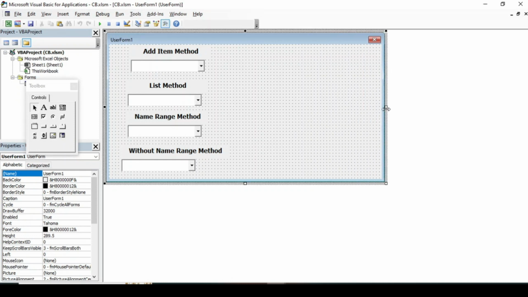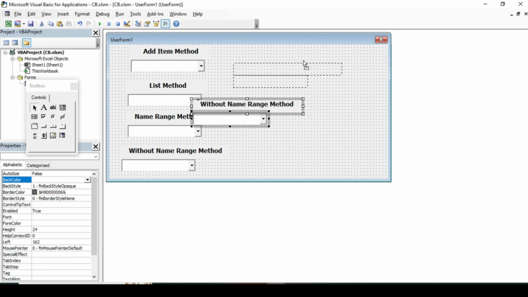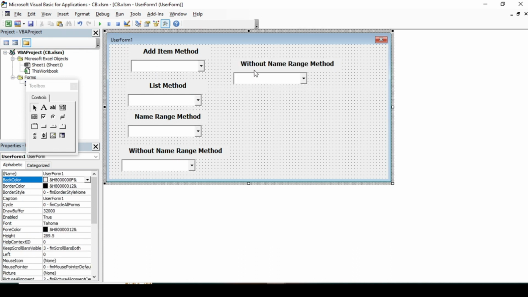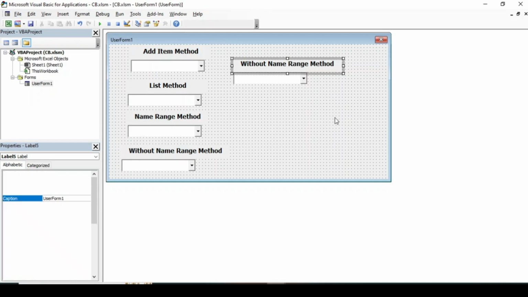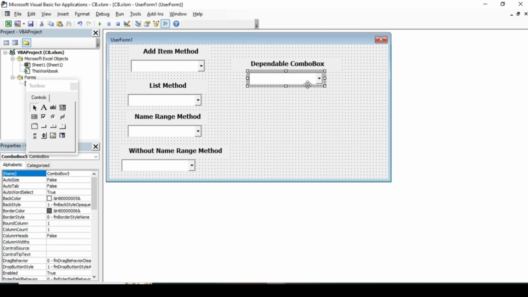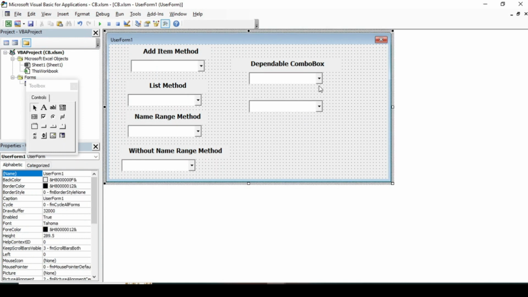Here I have to make the dependable combo box. I will copy these two first and change the caption here, dependable combo box. And dependable combo box, I'll copy this too, yes. Now